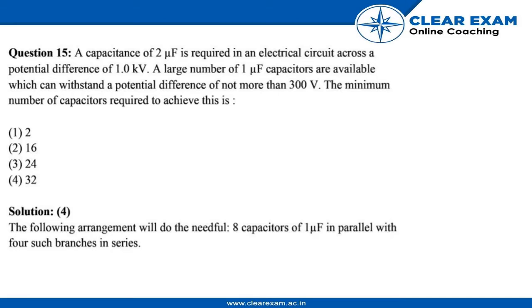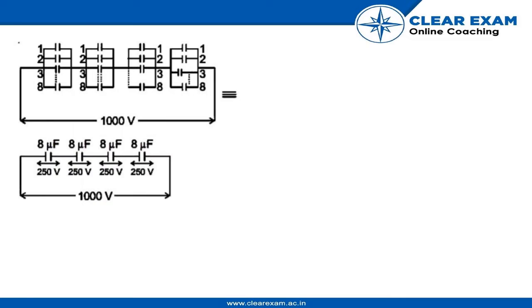The minimum number of capacitor required to achieve this is, options are 2, second is 16, third is 24, fourth is 32. So the answer is 32, fourth option, because if we take the following diagram, we can see that